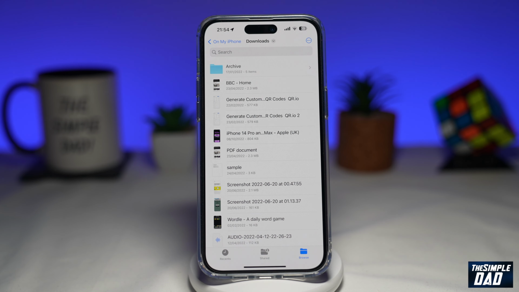In this video, I'll show you how to rearrange your files or folders by name, date, size, or kind on